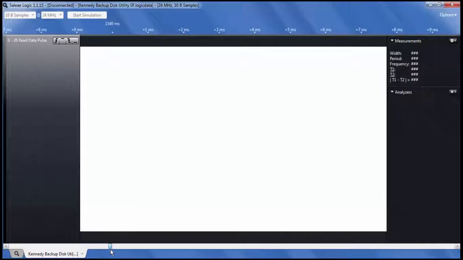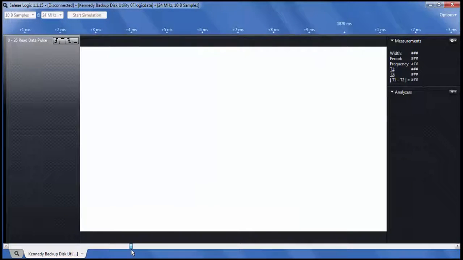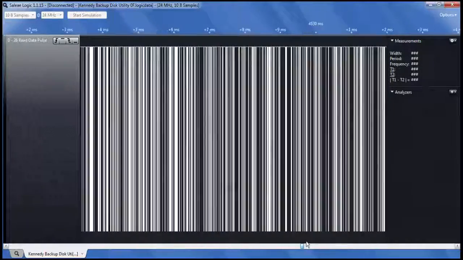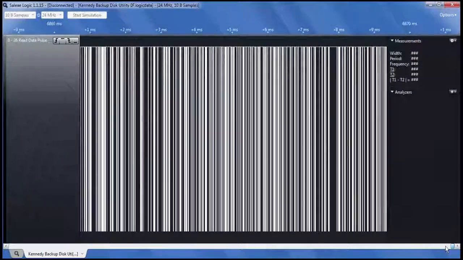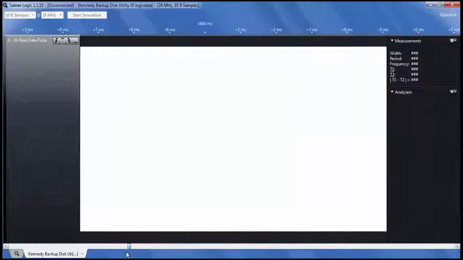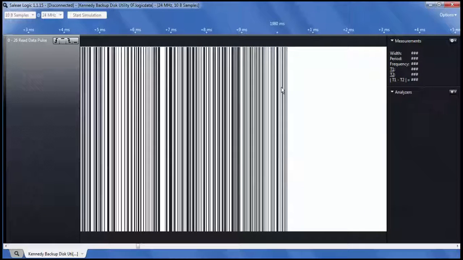So we have 1, 2, 3. And is that it? I think that was it. So what I want to do is to find the beginning of the third block, which I believe